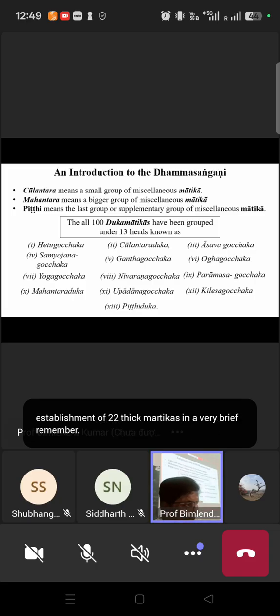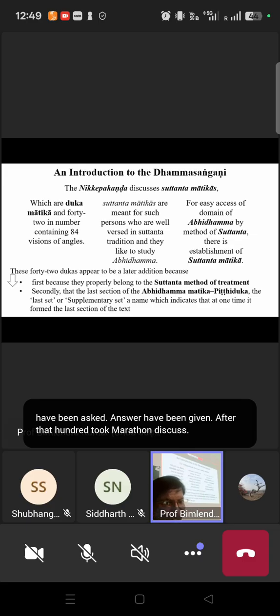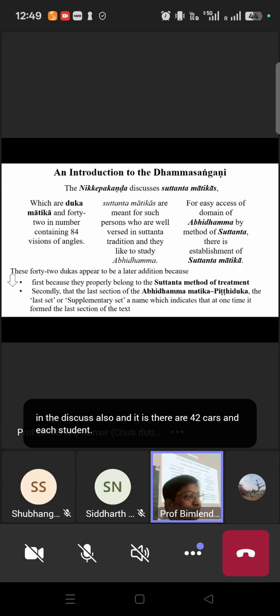They have been put there, and questions have been asked and answers have been given. After that, hundreds of Matikas have been discussed. In the Nikkhepakanda, the Suttanta Matikas are also discussed. There are 42 Suttanta Matikas, and each has two questions, that is the Dukha Matika. Altogether there are 84 types of Suttanta Matikas, or angles or visions, through which the ideas have been taken